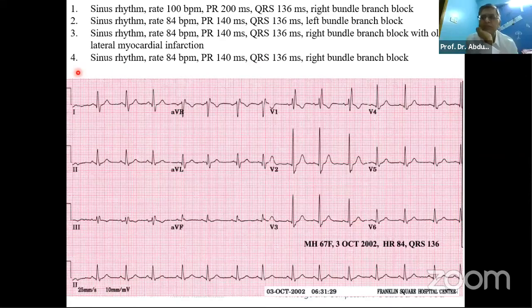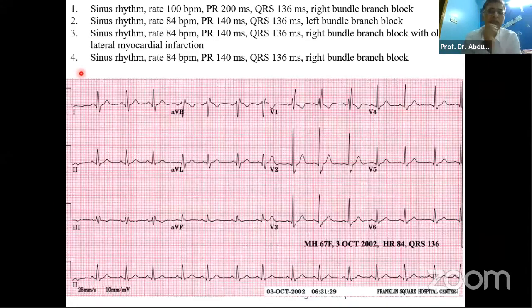Thank you. Can I add something? Yes. In both the ECGs, left bundle and right bundle, you have mentioned the PR interval. For the youngsters, this is very important. For a left bundle branch block, you have to mention whether the AV conduction is all right or not. Because if the PR interval is prolonged, the chance of the patient having complete heart block in future is a little bit higher. It's similar for right bundle branch block. So you have to put that in there. That's why Sir has put the PR interval in both the right bundle and left bundle branch block.